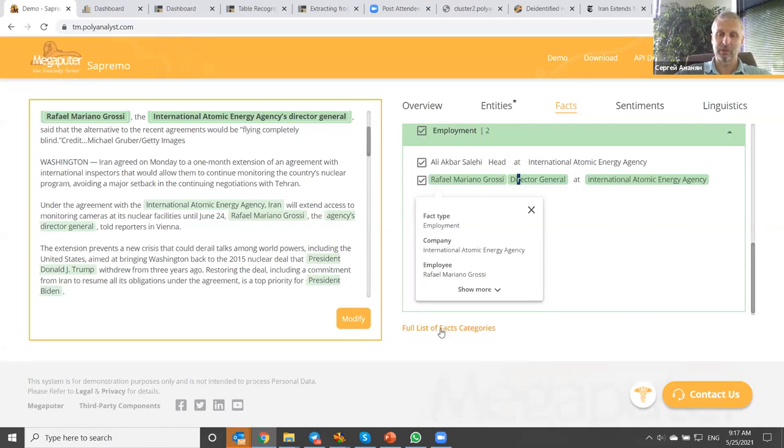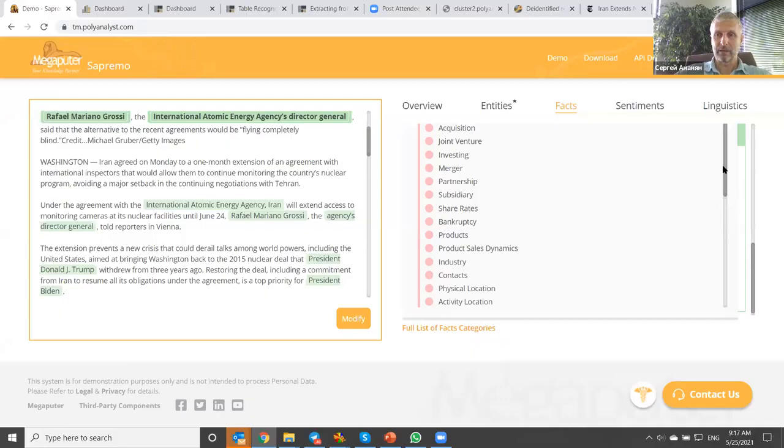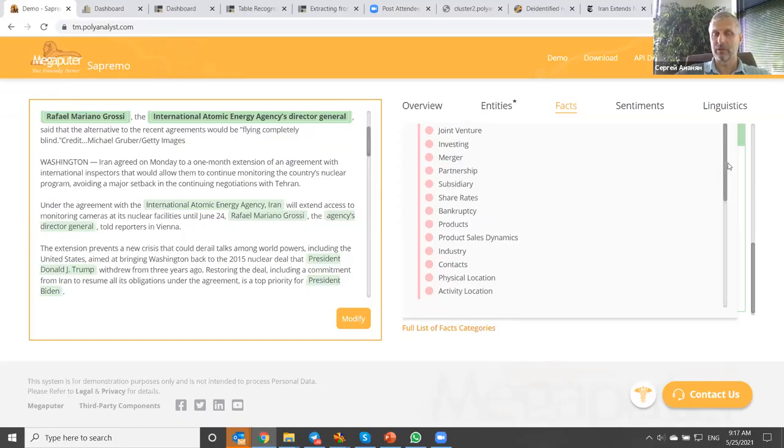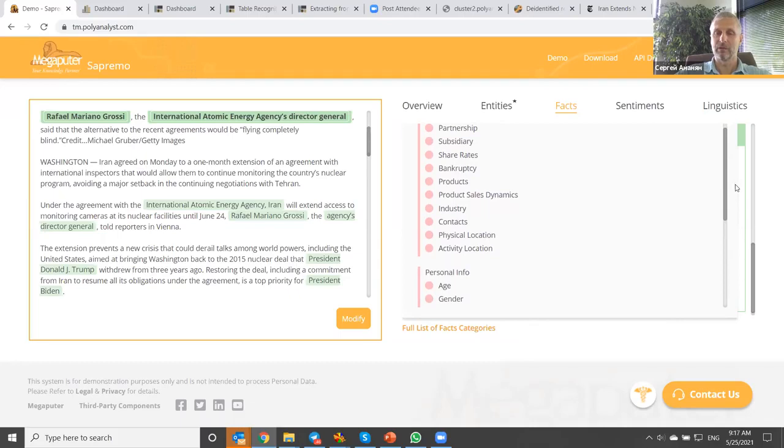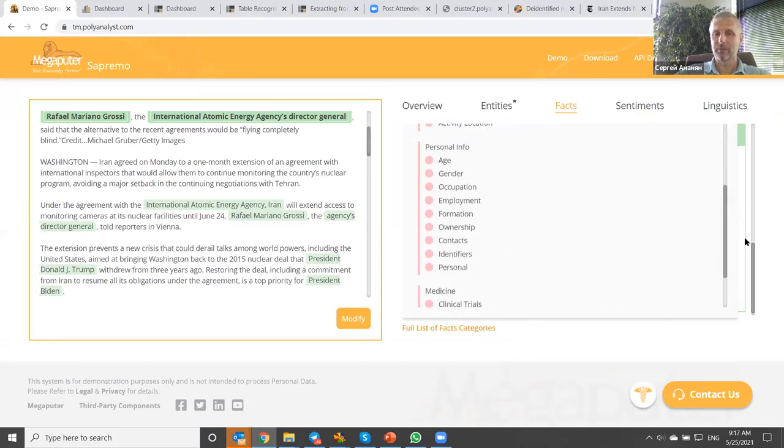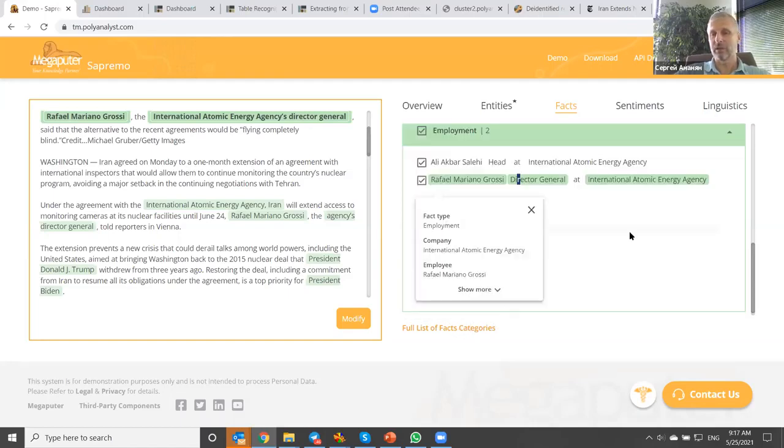So you can use it in combination with other tools. And you can see that there are standard things that we're extracting, like the different business relations, acquisition, joint venture, and so on. So we have customers like Deloitte or E&Y who would be using the system for finding different news related to particular markets. There are different personal informations we can extract. We're working with pharma companies, so you can extract different important clinical information and so on.